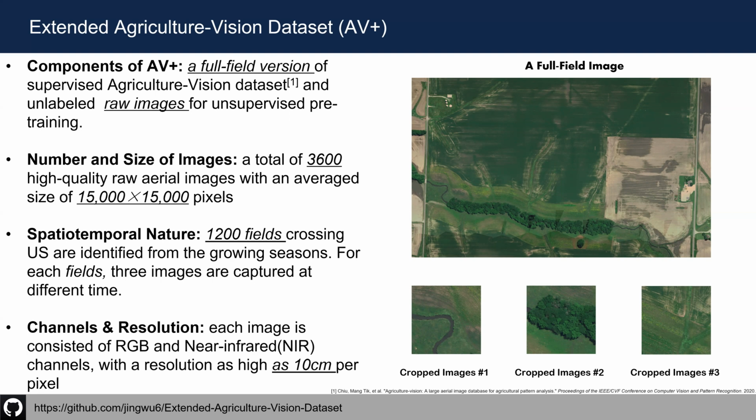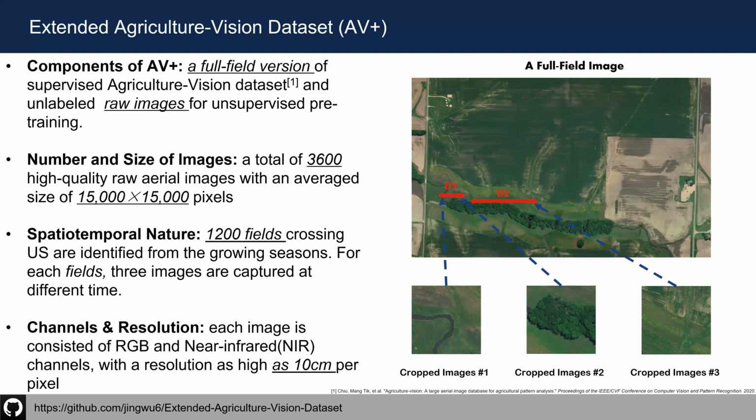However, if we map the cropped images back to the original space of the full-field images, we can notice some geo or spatial relationship among them. For example, the distance between the first cropped image and the second cropped image is going to be much smaller when compared with the distance between the second and the third images. We release Extended Agriculture Vision in a full-field version to encourage researchers to explore such spatial and